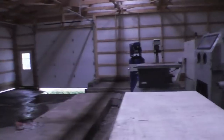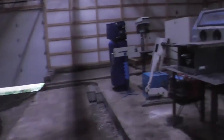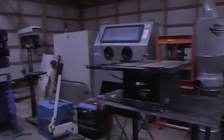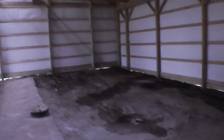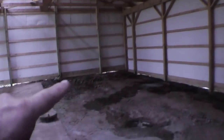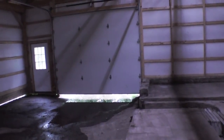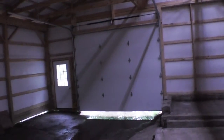So we're gonna do the floor over because these troughs are for the old cows. So we're going to put a 4-inch floor on top of this floor. And then this ramp area here, we're also going to redo, but we're going to keep it as a ramp. I'm going to put a 20-foot square flat floor right there that'll be even with this floor. And then it's going to slope down from that area to that door, and it'll come up to the door, and that'll give me a full 10-foot opening there, which will allow me to bring the trailer in with the